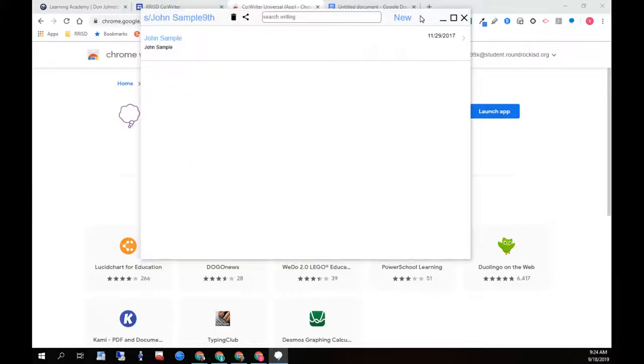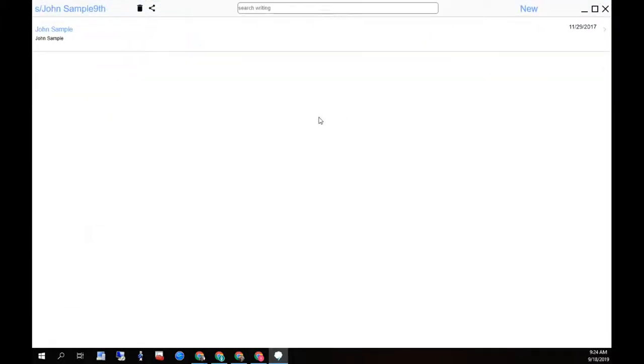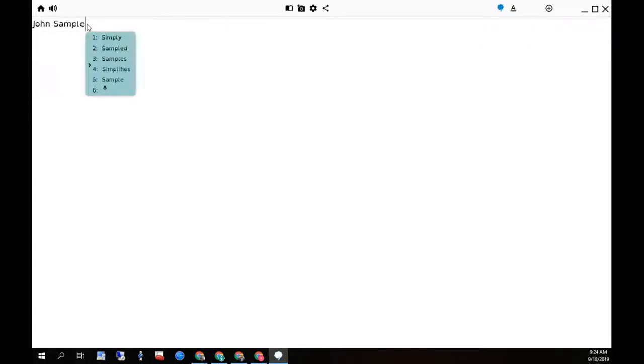Okay. So now we're logged into the CoWriter app. And so it does look a little bit different, but you kind of have your own little storage space for CoWriter documents. So I have one right here, and I can go over and click. Here we go. So CoWriter works the exact same way in the app. And then there's also the Apple iOS app, and it'll look really similar to the Chrome